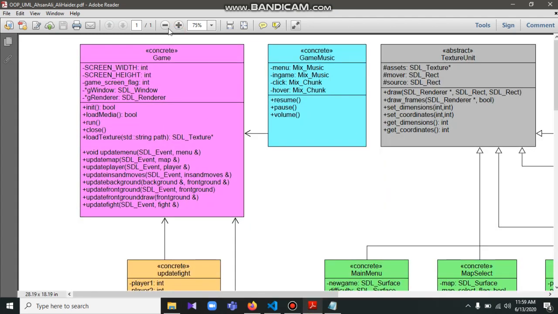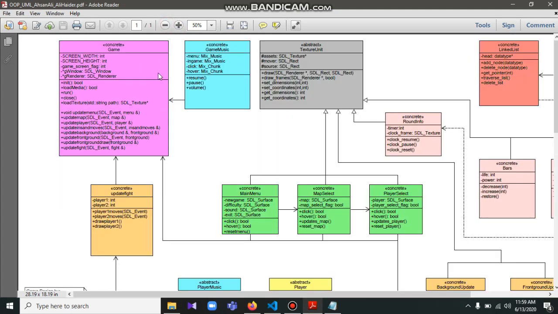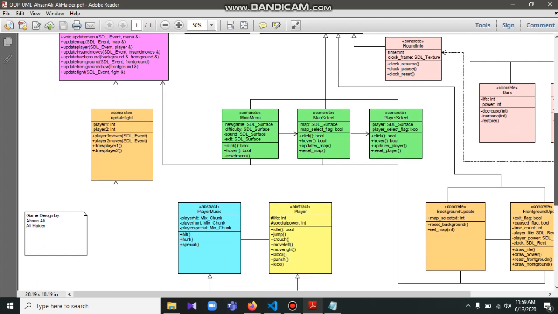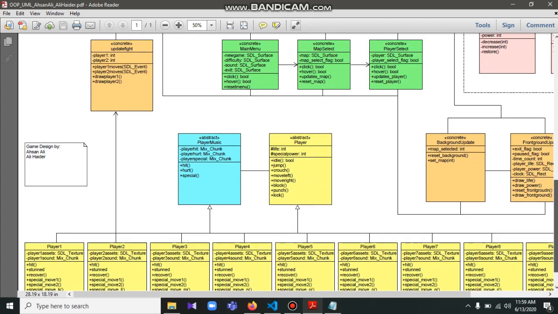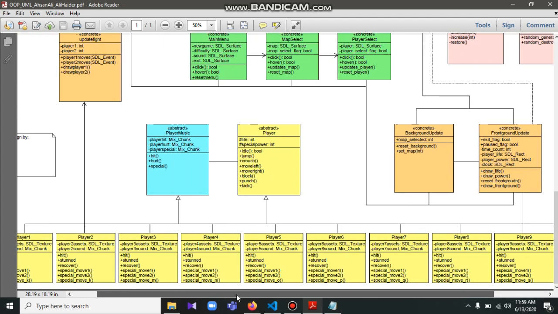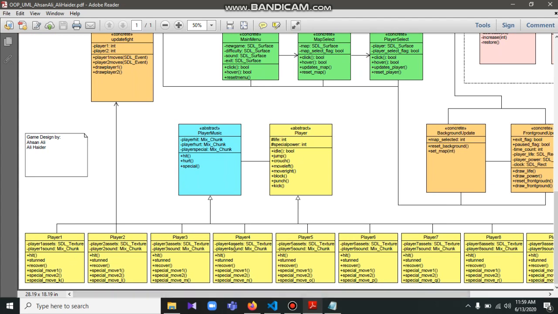As you can see, basically the main class is the game class, which basically is the parent of all classes. Then we have this update file class, which was updating the logic of the player and their moves. This class is basically the parent class of all these players that you can see below. The fact that they have separate classes is because of the special players and individual behavior to different moves that we implemented.